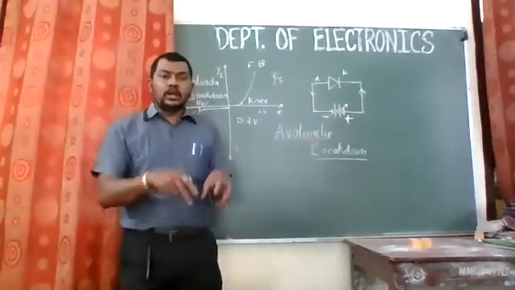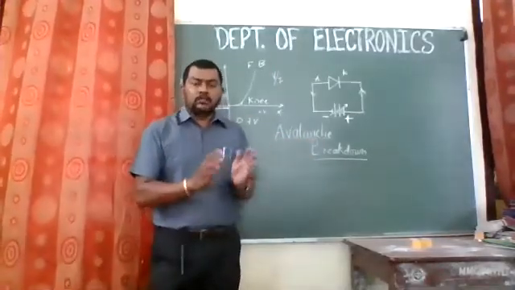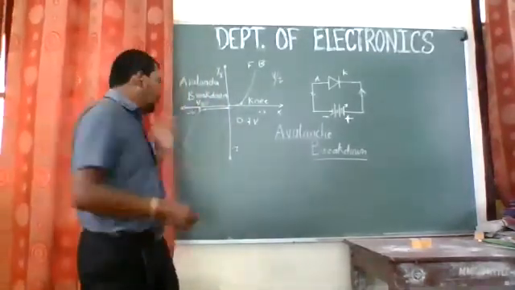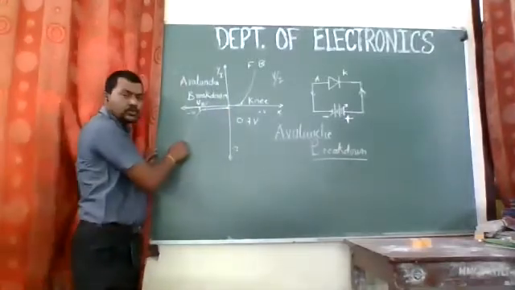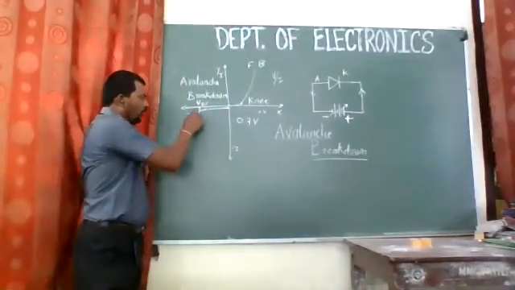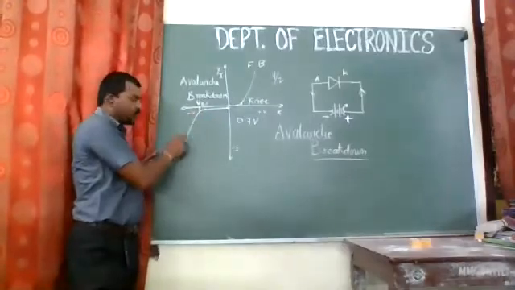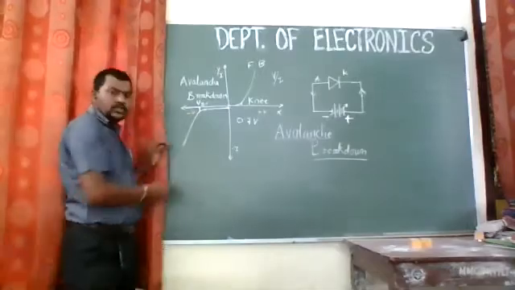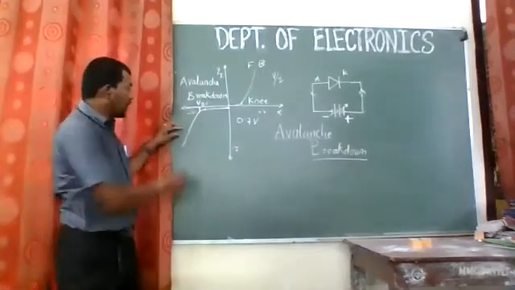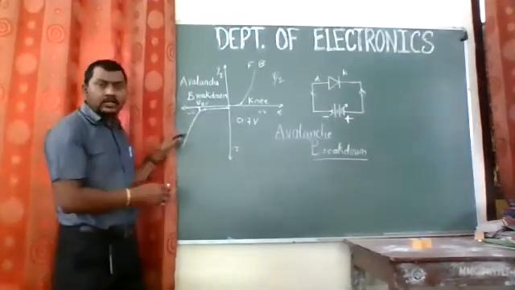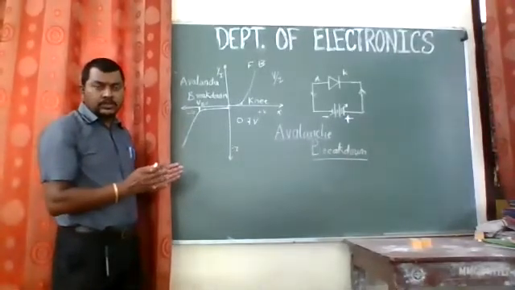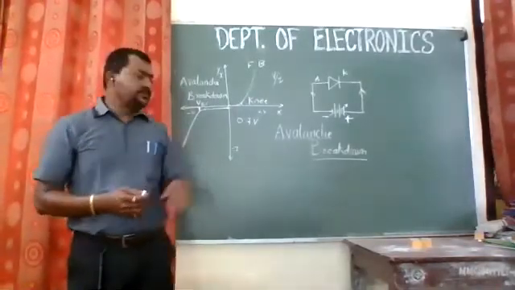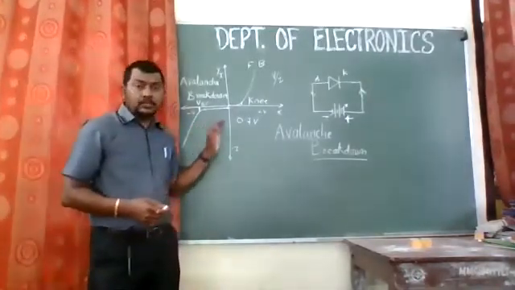When this is overcrowded by these free electrons, then what happens? It suddenly breaks, right? So when it breaks, the reverse current starts flowing through that. This is shown by a curve like this, right? So it is increasing slightly, right? This is how it is shown in the reverse bias condition, and at this point we call it the breakdown voltage of the diode, or we call it the avalanche breakdown, right? This was the basic concept of avalanche breakdown.